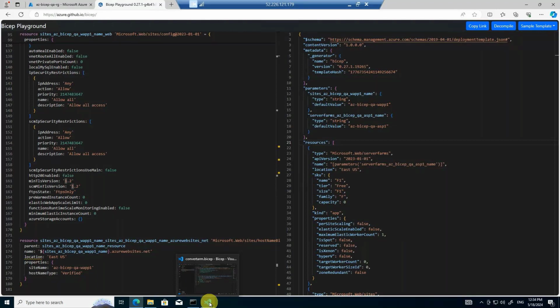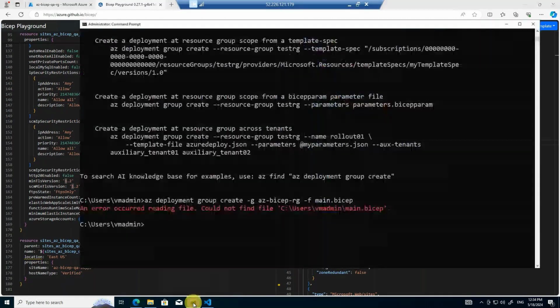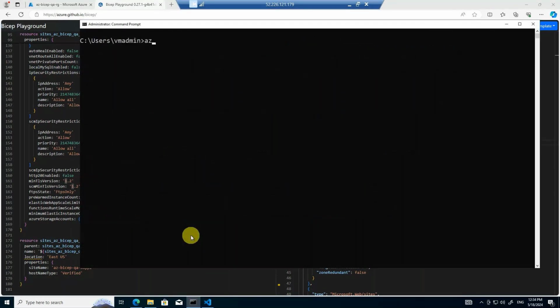Okay, yeah, that makes sense, Praveen. So one more question: in Terraform, we can validate the script using the terraform validate command. In Bicep, do we have any such option to validate? Let's say you want to check something, right? So simple az bicep, okay, and then